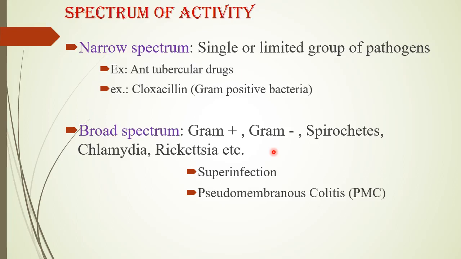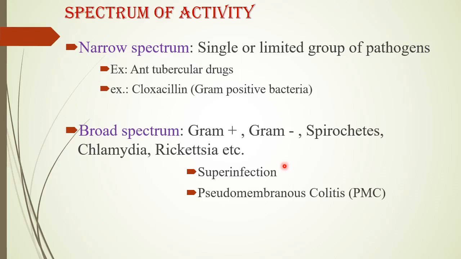What kind of disadvantage? That is what we know as the super infections. That means the infection that is occurred due to the use of an antibiotic. What I told you, the infection that is occurring due to the use of the antibiotics. Now the point is why this is happening, right?